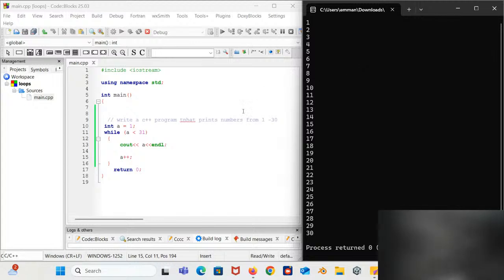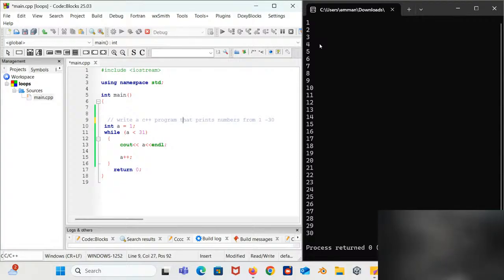All right, so instead of having to type cout one, cout two, cout three, cout four, cout five, cout six, we just write this short line of code. This line of code ensures that this question gets answered. It writes a C++ program that prints out numbers from 1 to 30, as we can see here. That is the advantage of loops for us. It helps us save time, reduce errors, and make code more readable. So it replaces some manual processing with an automatic process.